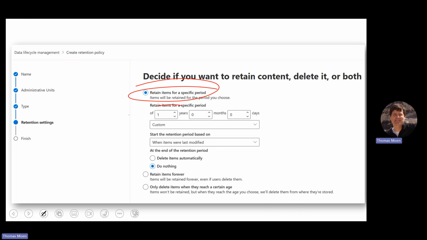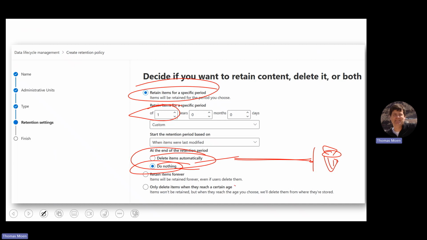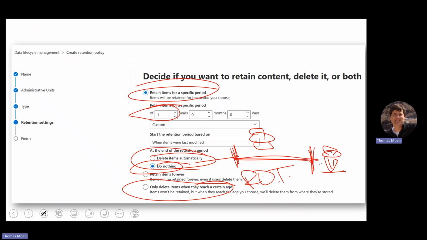We can say, hey, retain this content for a year and then do nothing. So I'm going to retain this for a year. And at the end of the year, the end user can delete this if they so desire. But I'm going to say, hey, keep this for a year, and then I don't care what happens to it. Or keep this for a year and delete it automatically. Or getting rid of that rot, redundant, obsolete, and trivial junk that is putting us at greater risk. We can say, hey, at the end of this year, go ahead and automatically delete it. We don't care if an end user deletes it sooner between day 1 and day 365, but at day 366,